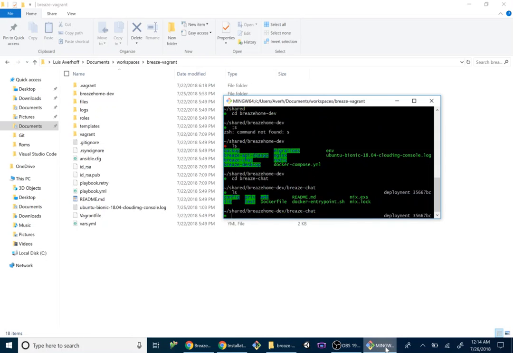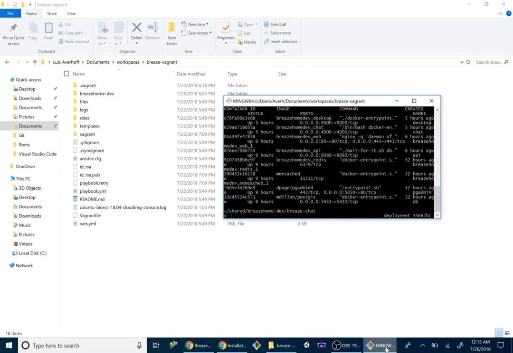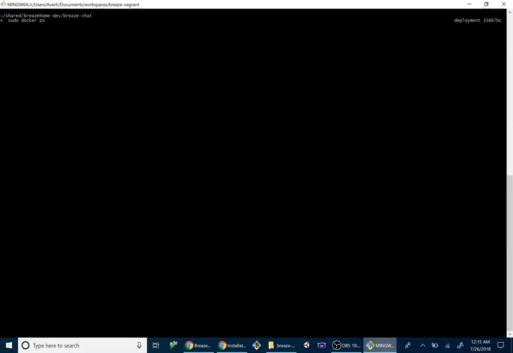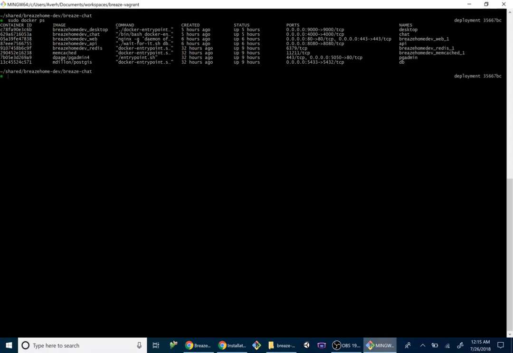Now, I'm assuming that you've already done sudo docker compose up -d and have built all your containers, and you have something like this: sudo docker ps. Let me maximize it and make it clear so the format's much prettier. So you have something like this. You have BreazeHome desktop, BreazeHome chat, BreazeHome web, BreazeHome API, and so on. But the thing is, you want to have all these containers running. So once you have all those containers running,